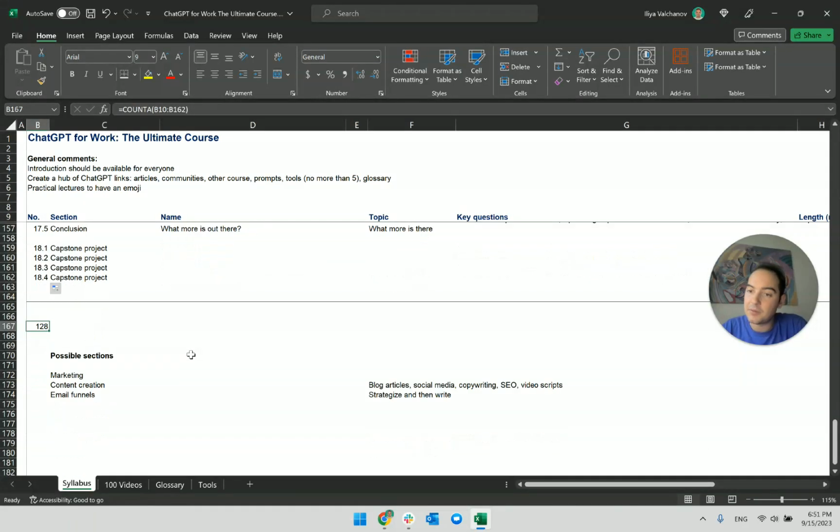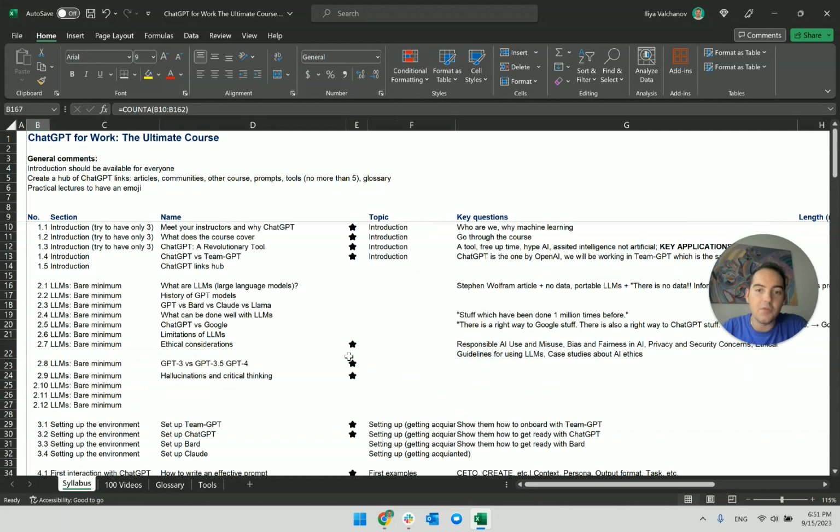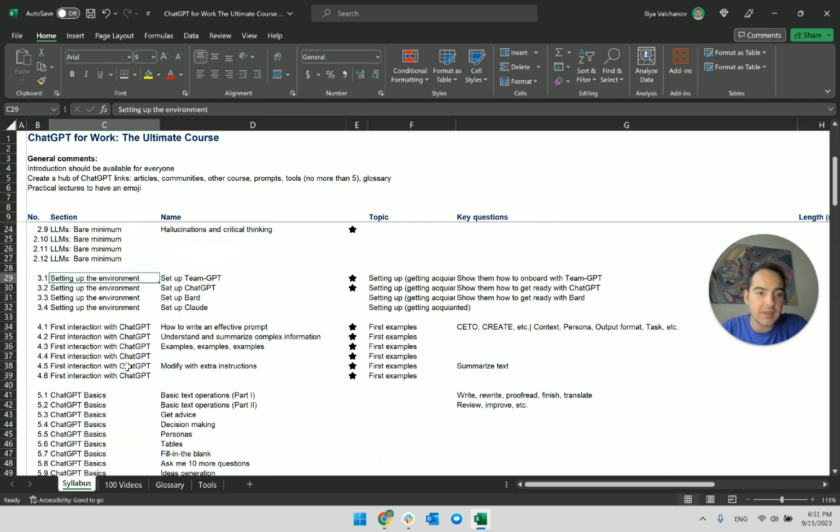Now, these will not be all the lectures, probably. Some of them will happen, others won't. Overall, here's what happened. Introduction, almost the same as before. Here's the bare minimum. Setting up the environment. First interaction with ChatGPT made it. And now this is the first thing I will be showing when someone comes.